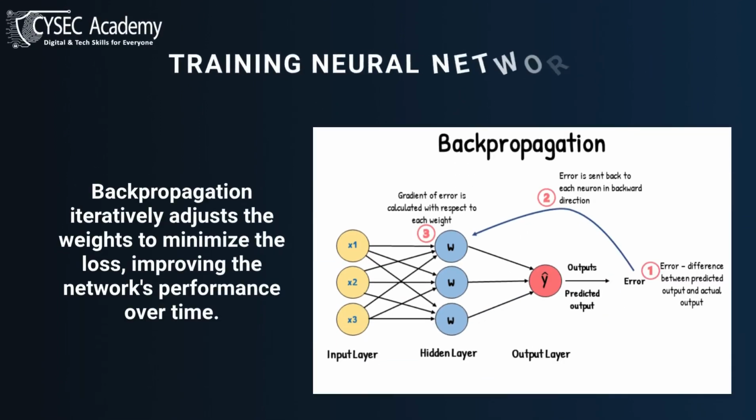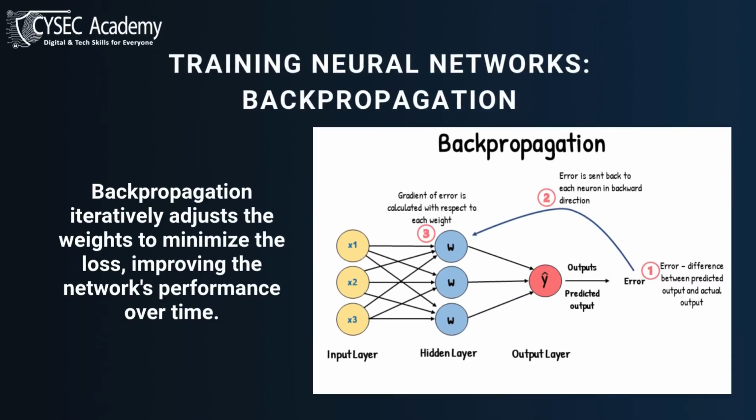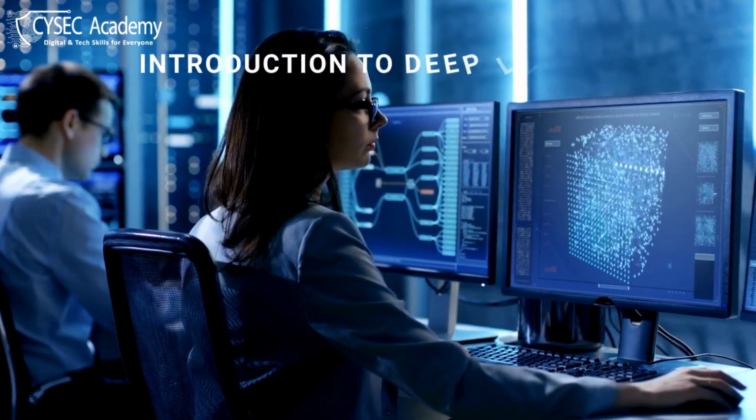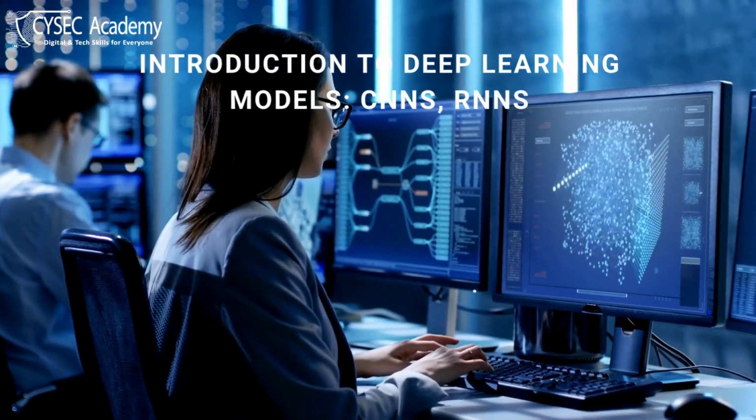Training neural networks, backpropagation. Backpropagation is the algorithm used to train neural networks by adjusting the weights based on the error between the predicted and actual outputs. It involves